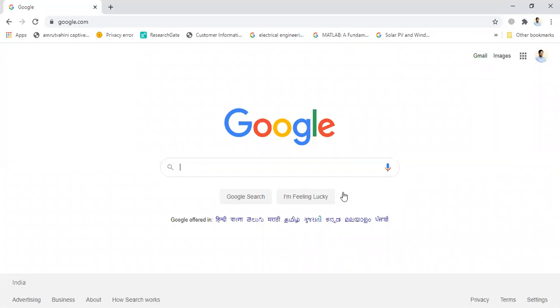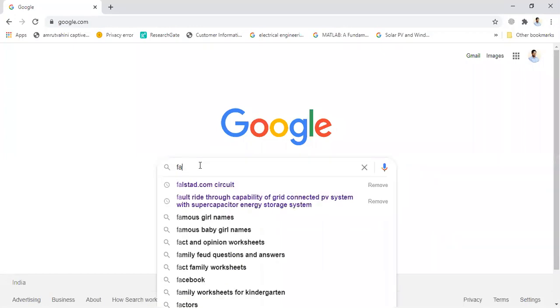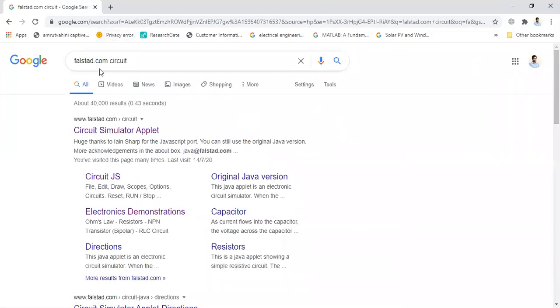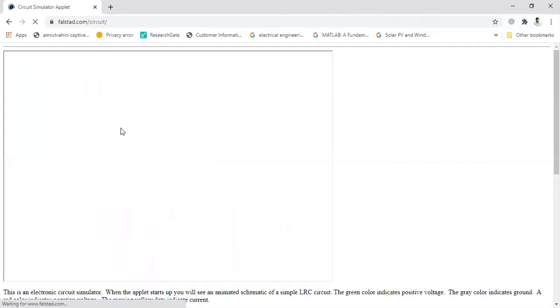So first, all of you have to go to Google and type filestart.com. On filestart.com, you have to click on circuit simulator applet. Okay, I have clicked on it.